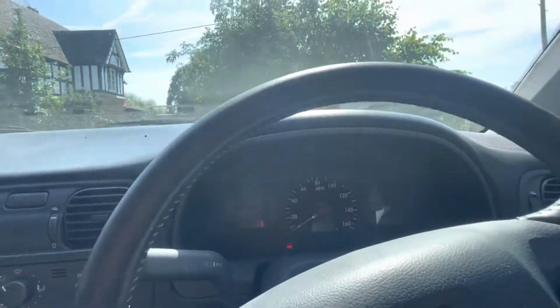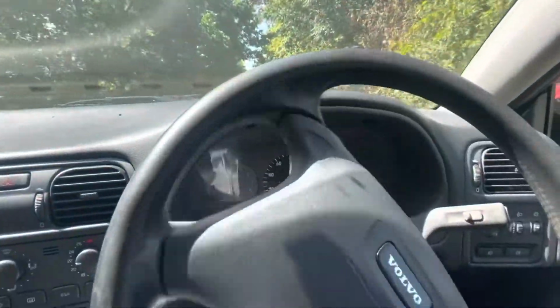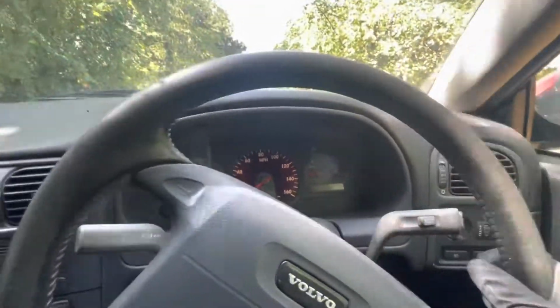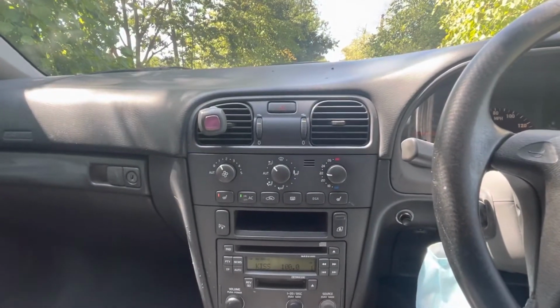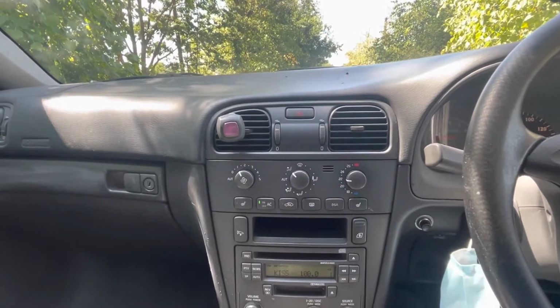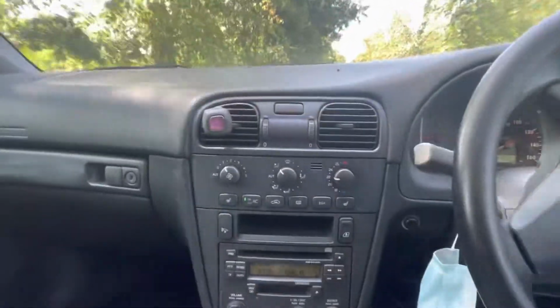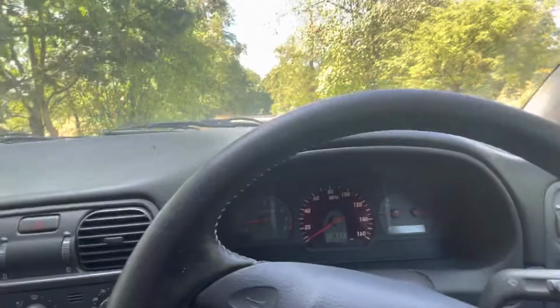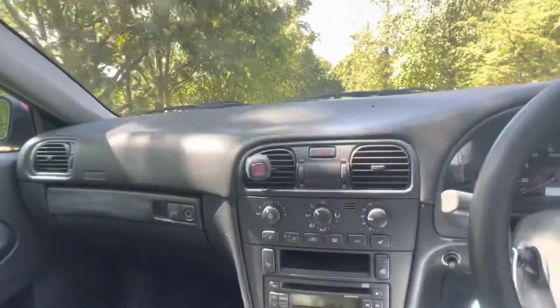So let's put this car in drive. Just drive a little bit, not a lot. So the car is quite nice and spacious, feels solid and smooth. My door is open. But like I said, the interior is a bit tatty, and the outside, although I've rarely seen any dents or anything like that, there is some scratches, and then there is some clear lacquer peeling off. But it is a 2000 model, and it could do with a little bit of TLC. However, I can't really spend the money on it. So I'm selling it like this,